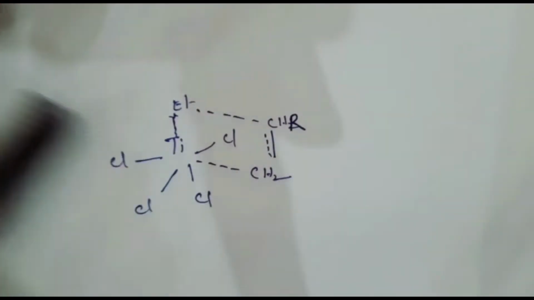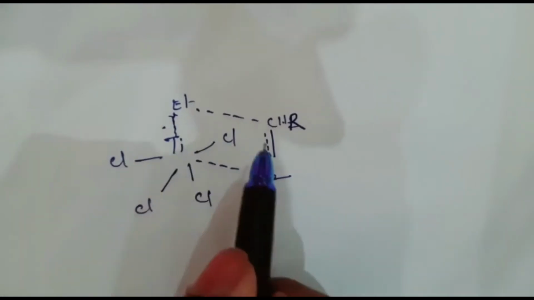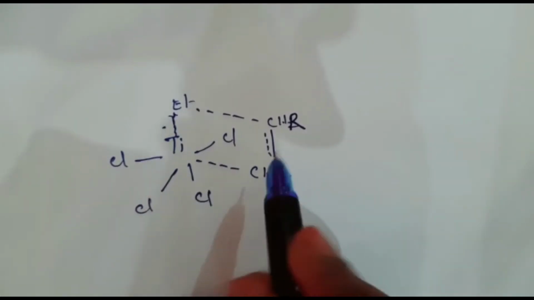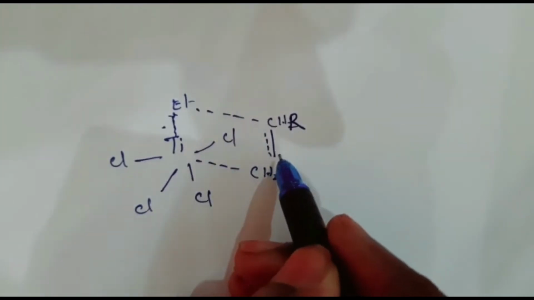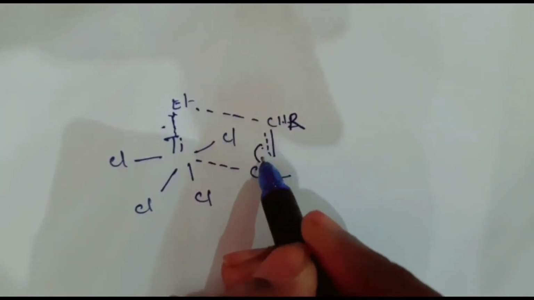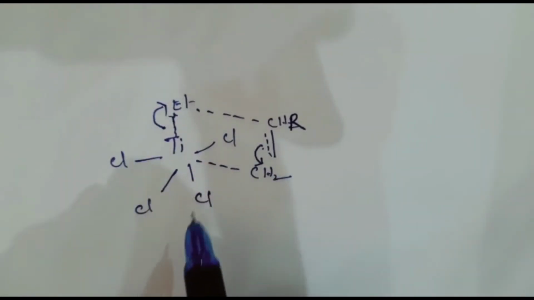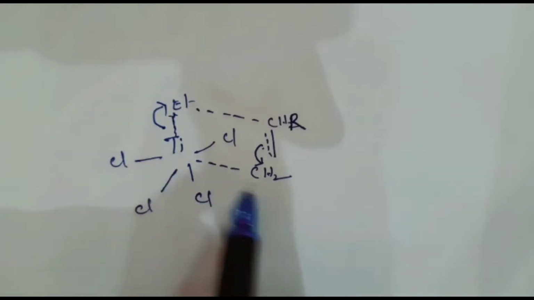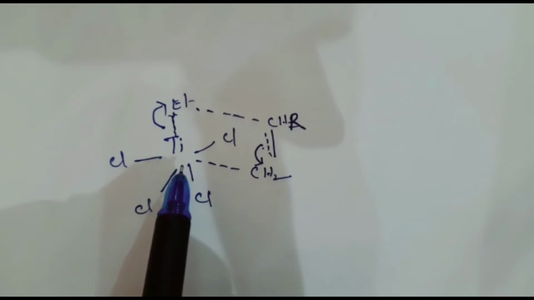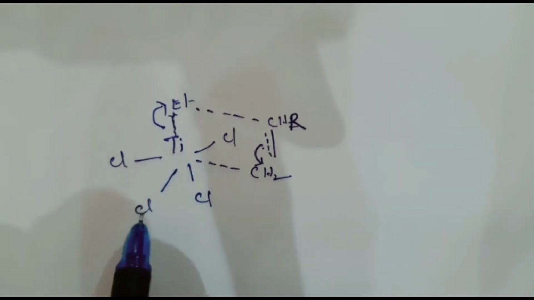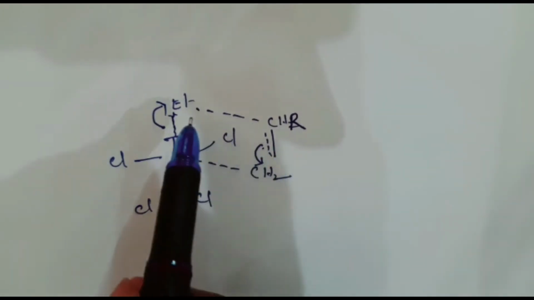So this titanium-ethyl bond will be broken, and here this titanium-CH2. This double bond will be broken because a new sigma bond is formed and this electron will move towards this CH2. This titanium-ethyl bond will be broken. So here this titanium will be positive and the CH2 negative. It will form a sigma bond here. So the product formed will be Ti, Cl, Cl, Cl, Cl, then CH2, CHR, Et.